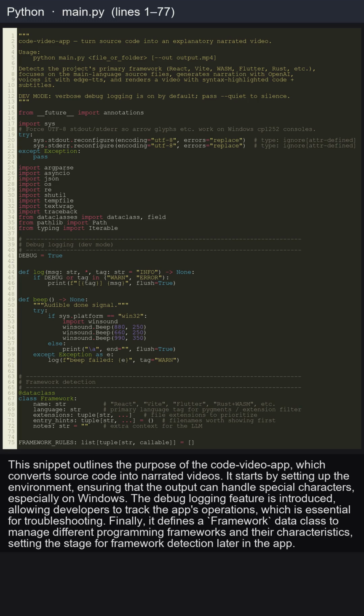This snippet outlines the purpose of the Code Video app, which converts source code into narrated videos. It starts by setting up the environment, ensuring that the output can handle special characters, especially on Windows. The debug logging feature is introduced, allowing developers to track the app's operations, which is essential for troubleshooting. Finally, it defines a framework data class to manage different programming frameworks and their characteristics, setting the stage for framework